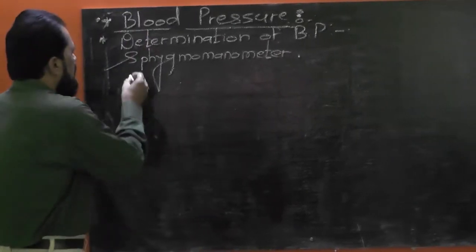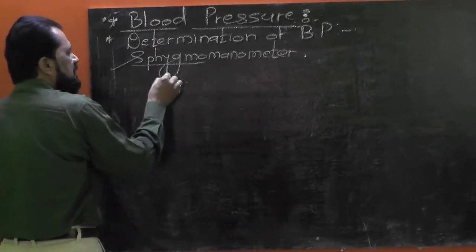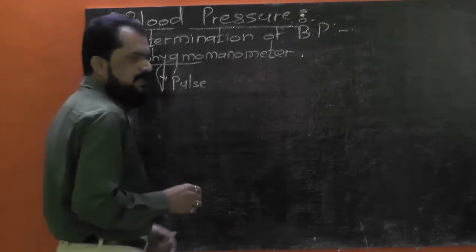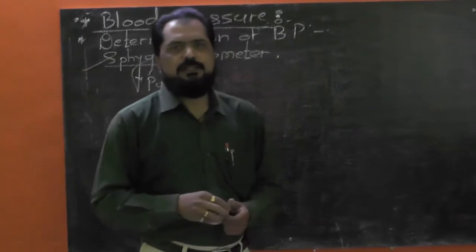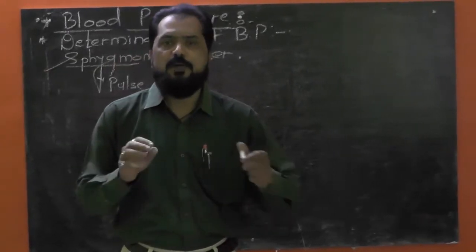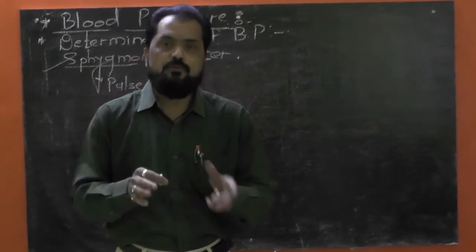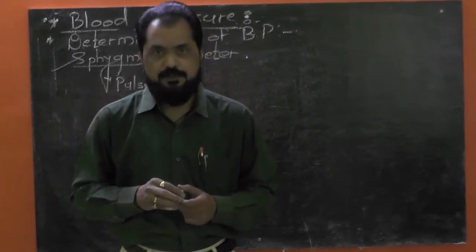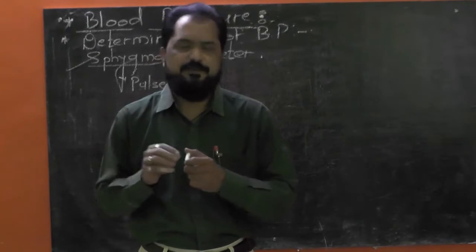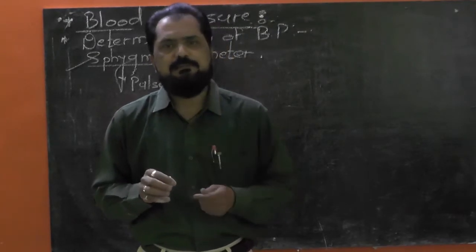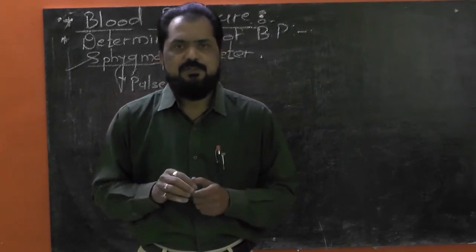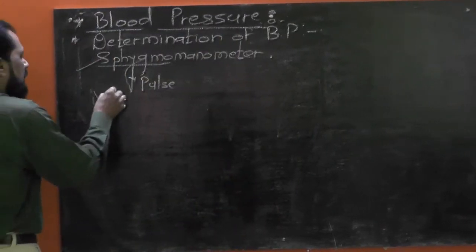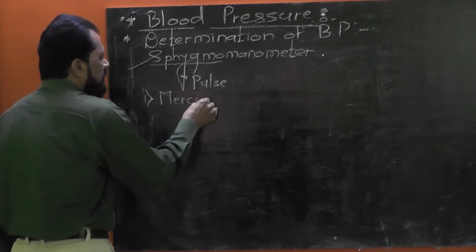Sphygmomanometer. Here sphygmos, this word stands for the pulse, remember. Now first of all, let me tell you which are the different parts of this sphygmomanometer. Before that, I would like to tell you the types of sphygmomanometer which are commonly used in medical field. There are three main types of sphygmomanometers used, such as first, mercury type of sphygmomanometer,